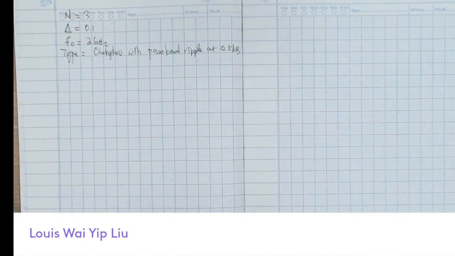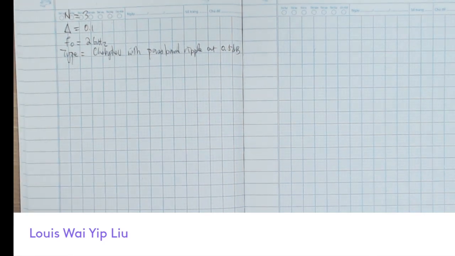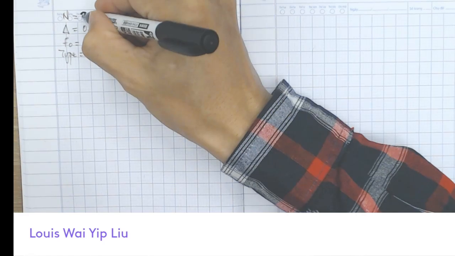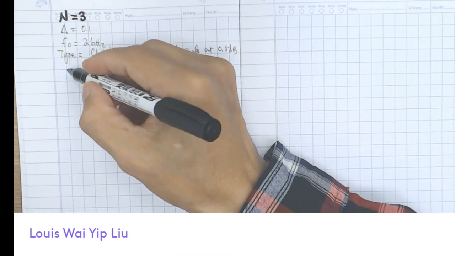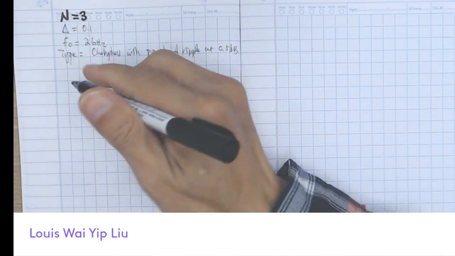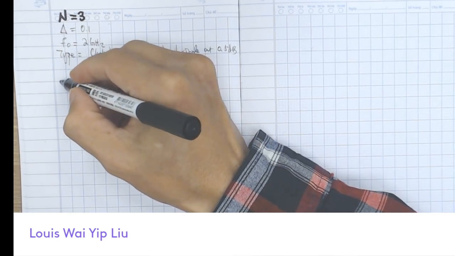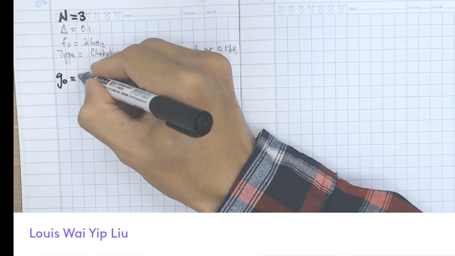And with this in mind, we should be able to use the prototype table to find out the admittance values, and from there, according to the table, G0 is equal to 1,